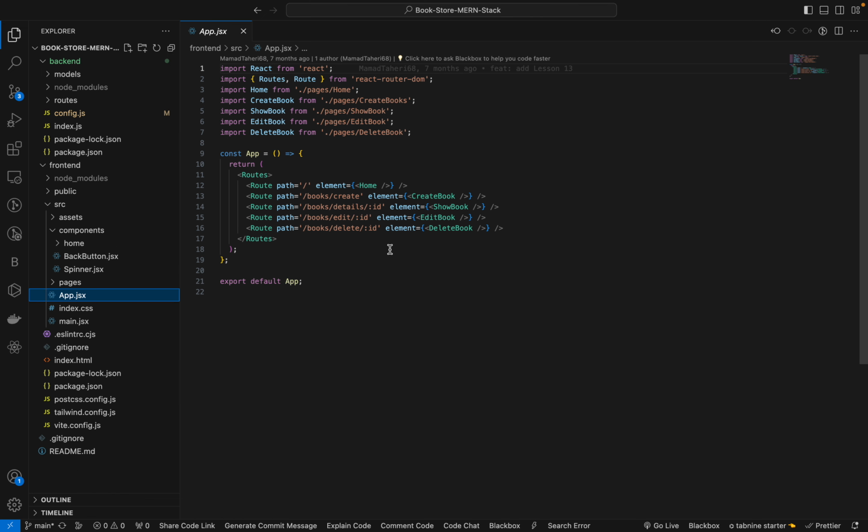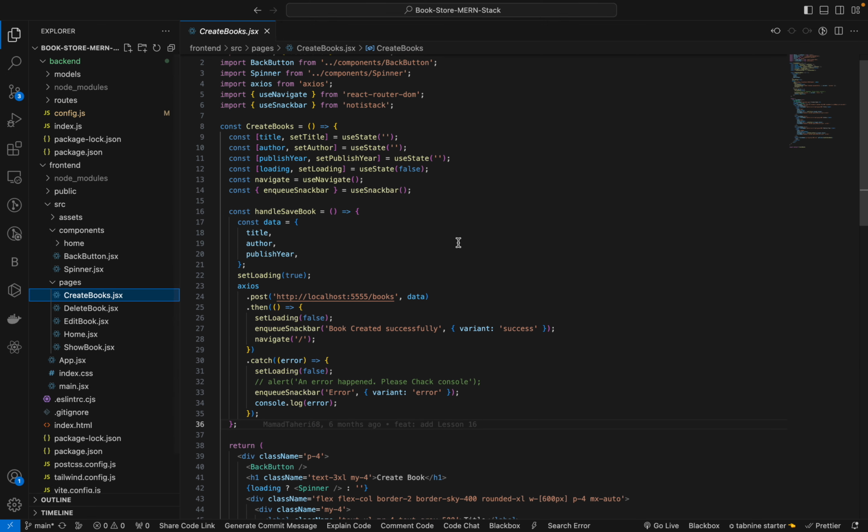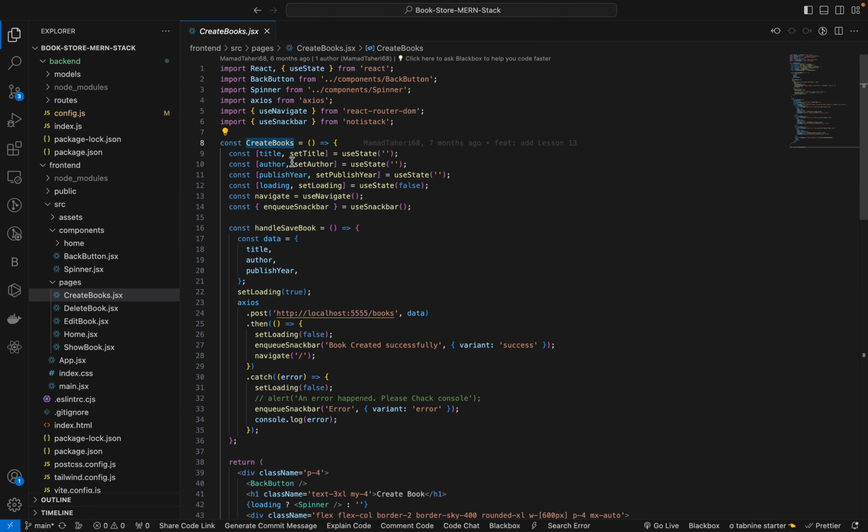Here we have done the app.js routing part in the previous section. In components, create book components means creating books, where we are posting the data from the front end to the backend. So what we are posting: publish here, author and title as three different states. And loading is for when we are using async await, right? If we are getting data from the backend, there will be some fraction of time,